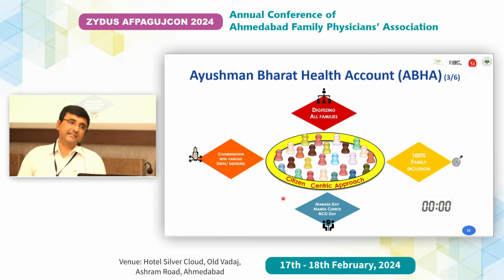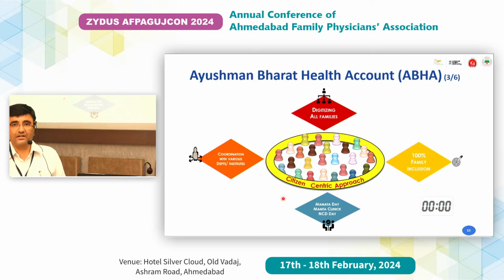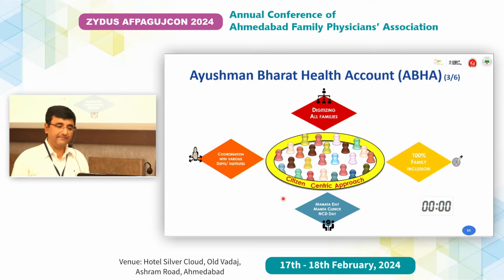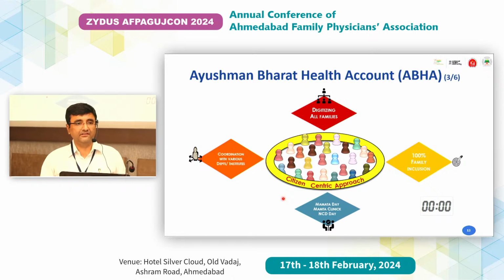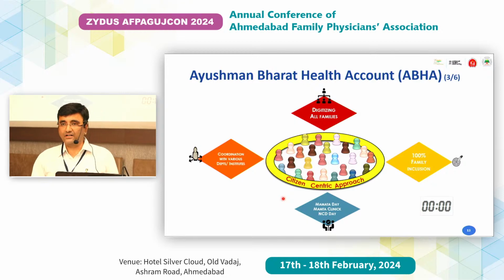The government is targeting 100% population to be covered with ABHA, 100% family inclusion. We have multiple programs going on in government machinery. We are targeting to cover our citizens. Government machinery also has its own limitations in expediting coverage of citizens at faster speed, so we are also approaching different departments and different NGOs. They are also helping us out.